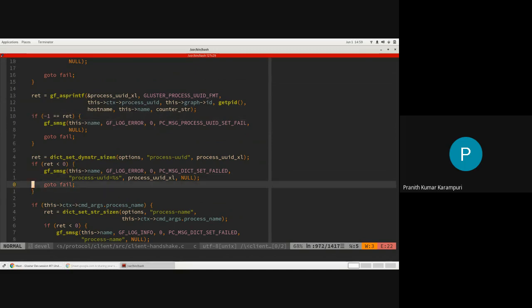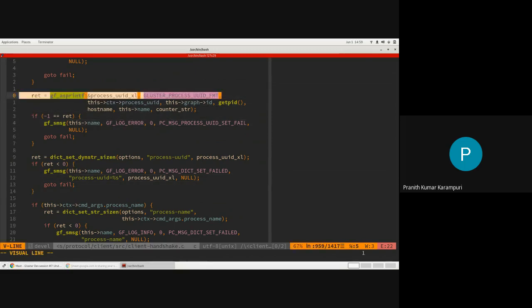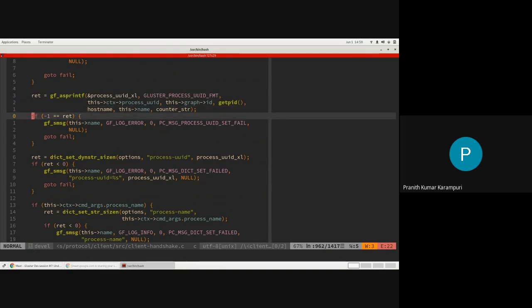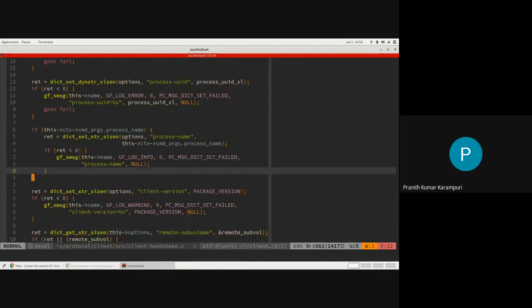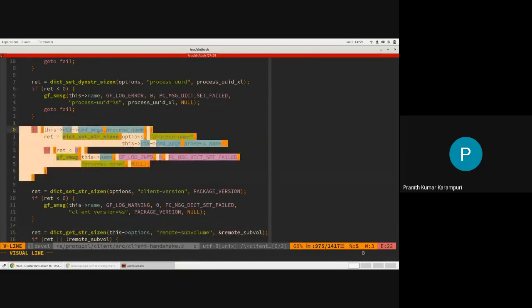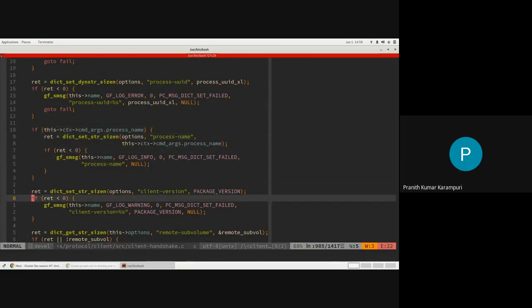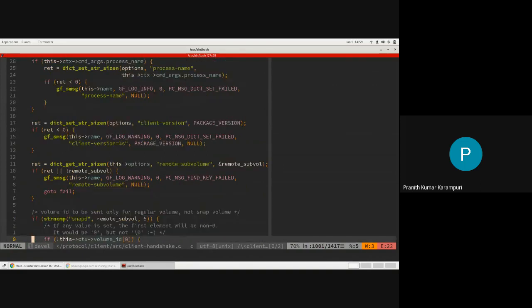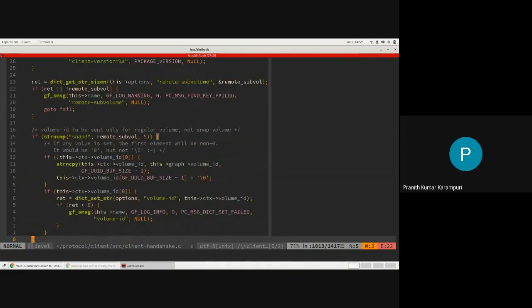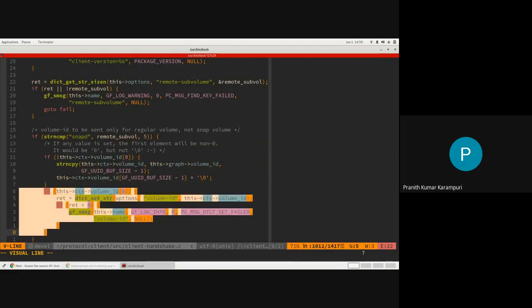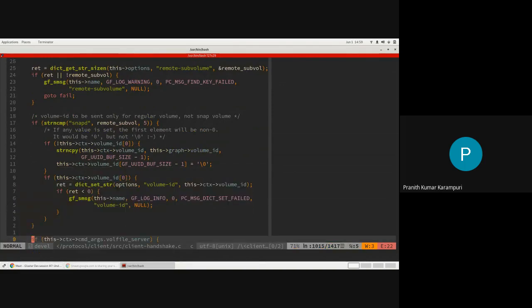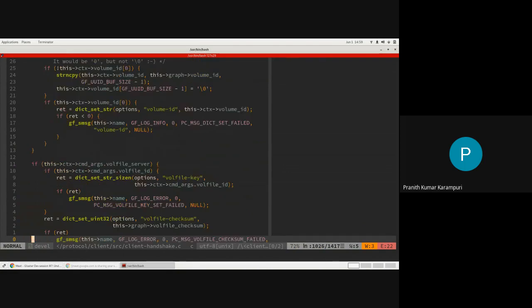It also has information like from which machine it is coming, what its PID is, and what kind of process it is, like a fuse mount or a self-heal daemon process. Those kinds of information will also be filled in. Client version, the volume ID, etc. These are all informations that will be useful in figuring out what this client represents on the server translator.